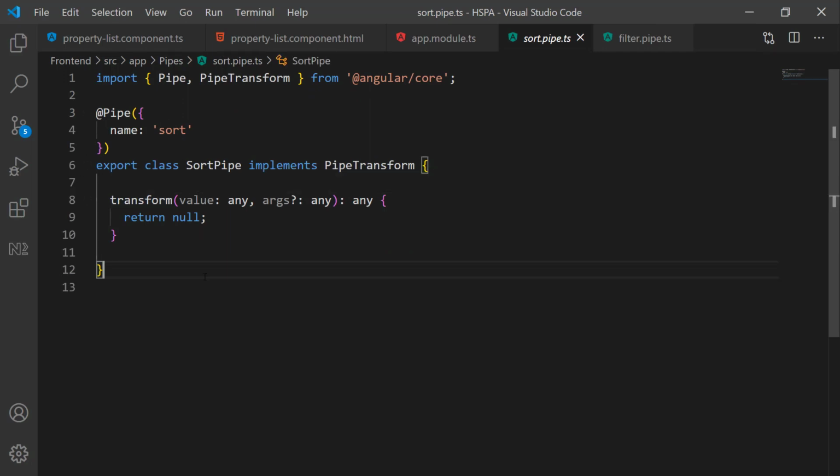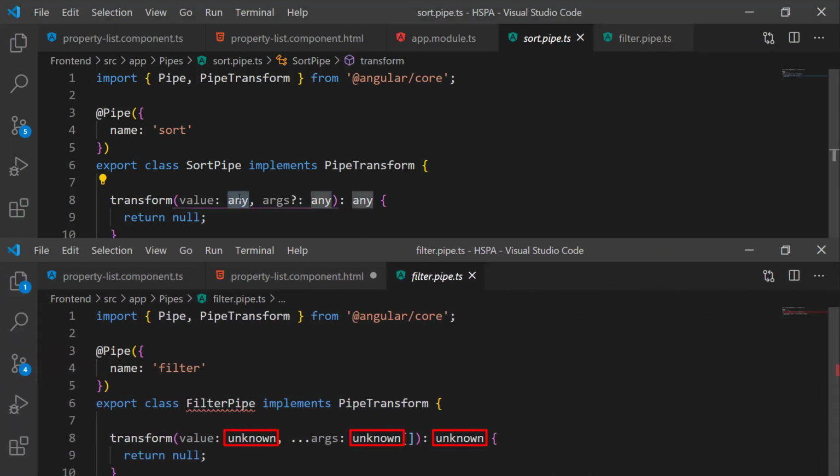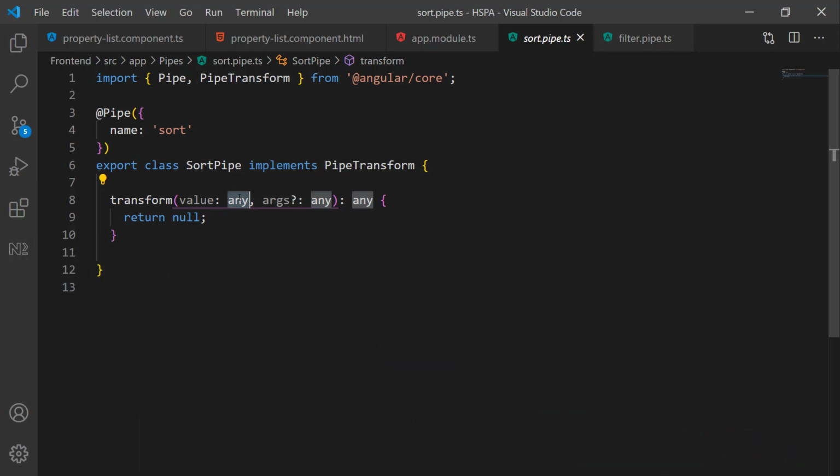You would have noticed that our CLI had added these arguments type as unknown, but this extension has added these as any type. Here I would like to tell that TypeScript 3 introduced a new unknown type which is more type safe as compared to any type. The main difference between unknown and any is that unknown is much less permissive than any. We will have to do some form of checking before performing most operations on a value of type unknown, whereas we don't have to do any checks before performing operations on values of type any.